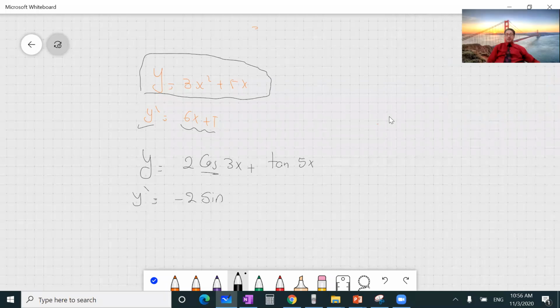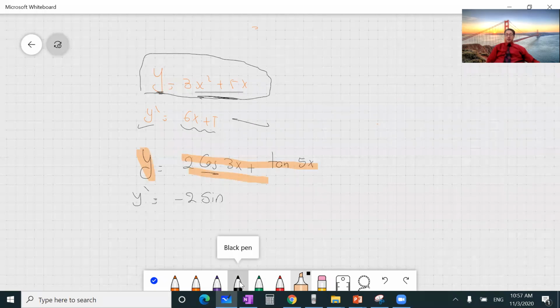Do you remember that? This function is called what? Explicit. Why? Because y is individually on the left-hand side, and on the right-hand side, we already wrote the other